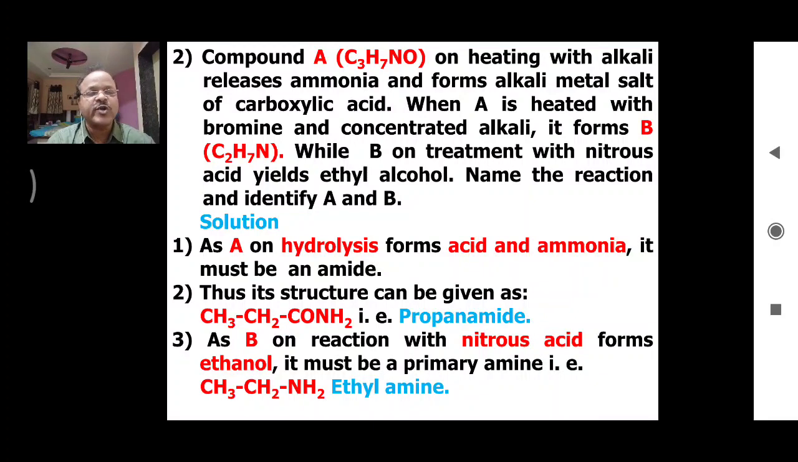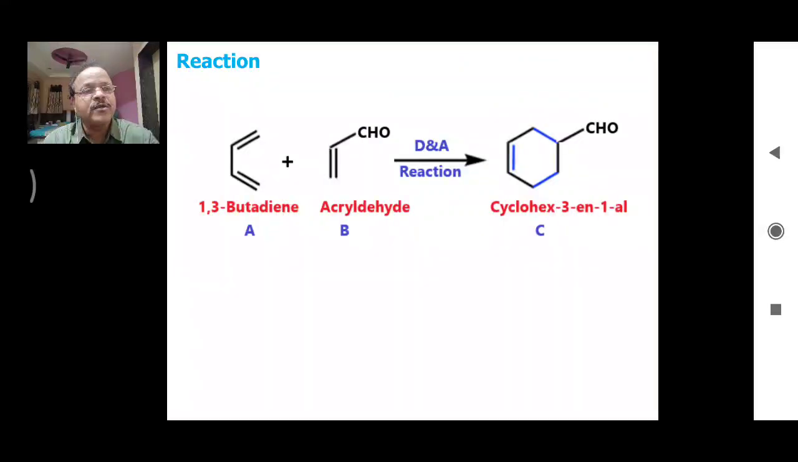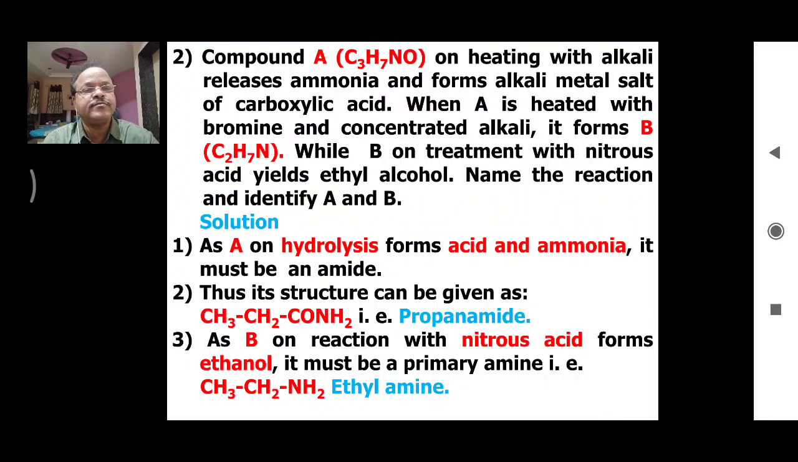So which compounds on hydrolysis give acid and ammonia? This basic knowledge we should know. Amides on hydrolysis give acid and ammonia. Remember, amides when hydrolyzed will yield carboxylic acid and ammonia. So compound A must be an amide. Thus its structure can be given as